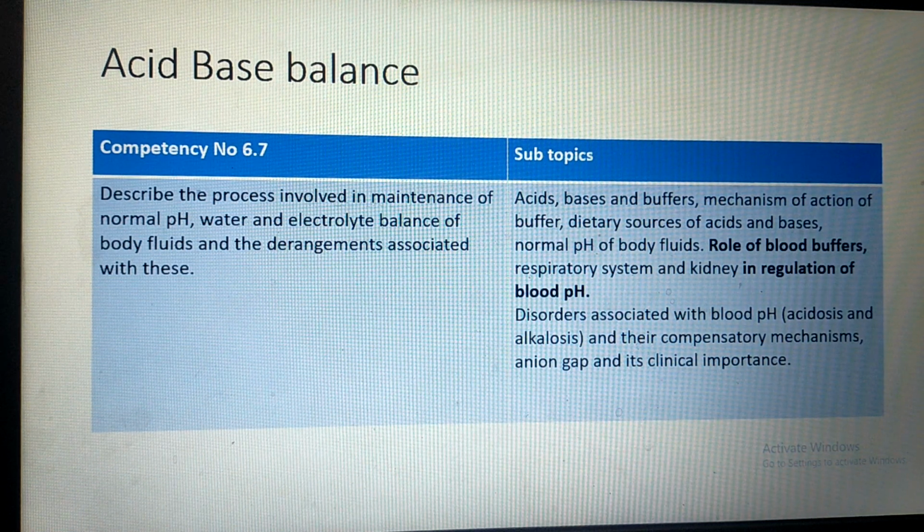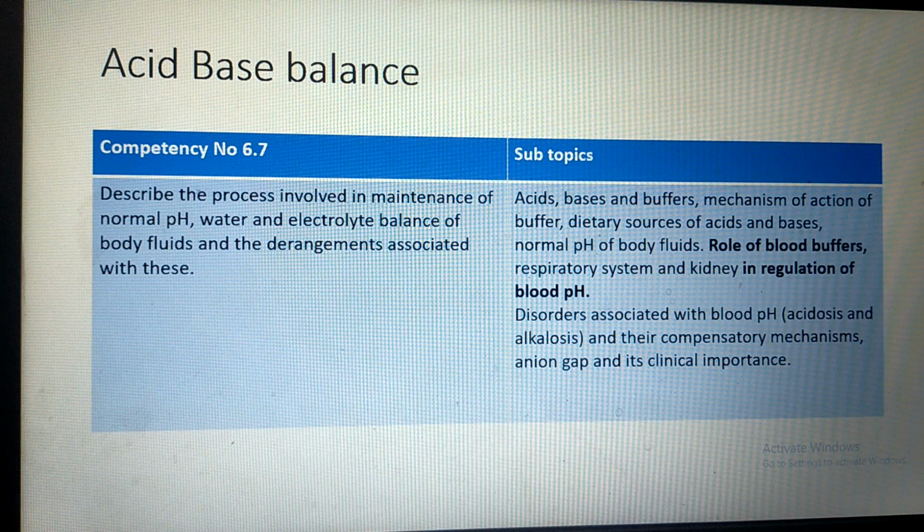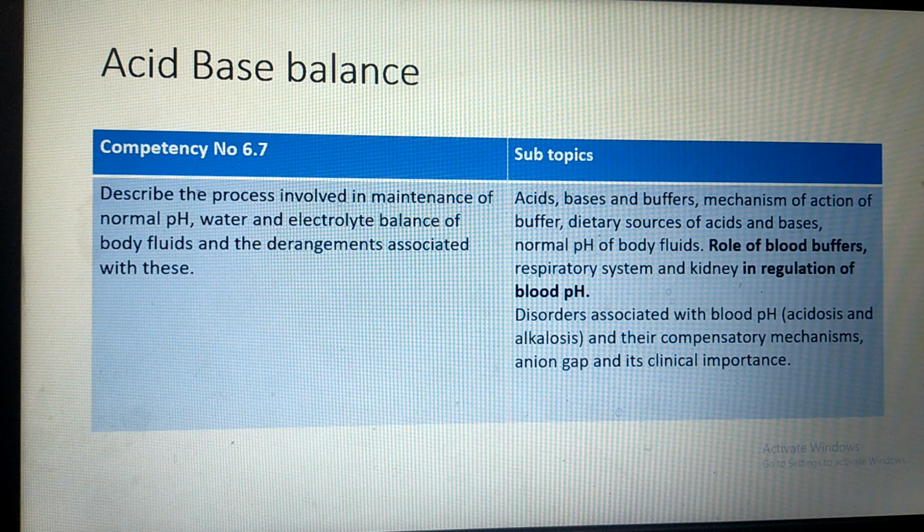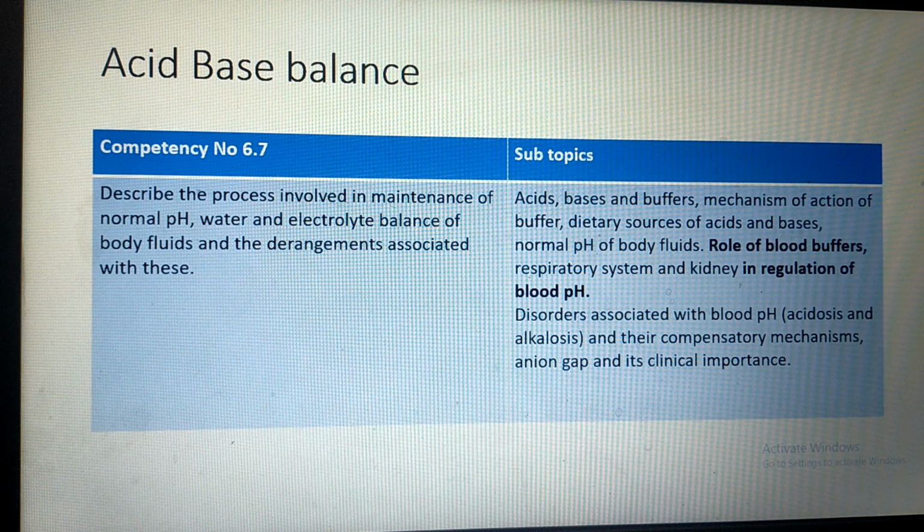Good morning, students. Today we will continue the topic acid-base balance computation number 6.7, and today's topic is regulation of blood pH. So the pH of blood is regulated by three systems. First is buffers, second respiratory system, and last is kidney. So we will study one by one